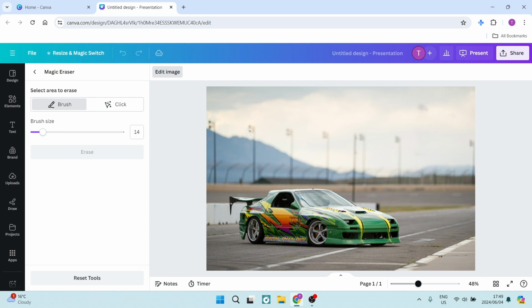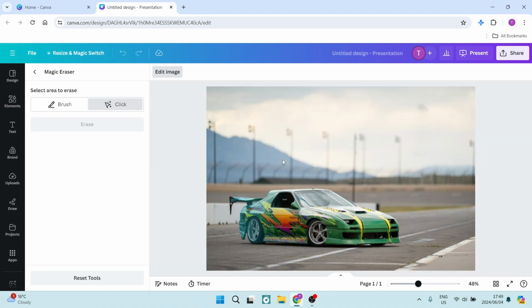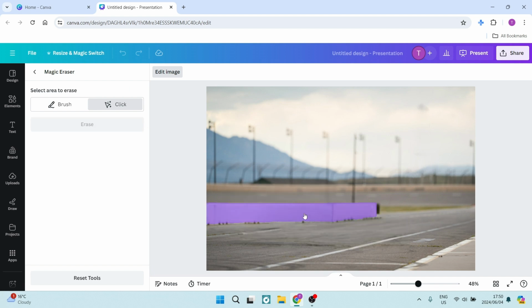Now, having the versatility of the brush is really awesome, but let's say we want to remove this car from the foreground. Instead of going around the edges with this brush, which would be quite tedious and time consuming, we can go over to the left hand side and use the click or select option. Here, it'll identify objects within your image, and all you have to do is click on the actual object. It'll highlight that object, and now you can go ahead and remove it. Additional to the removal, it's actually filled up where that car was in this image with its generative fill, which is